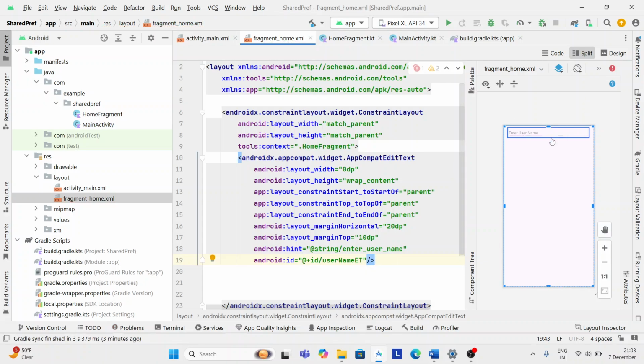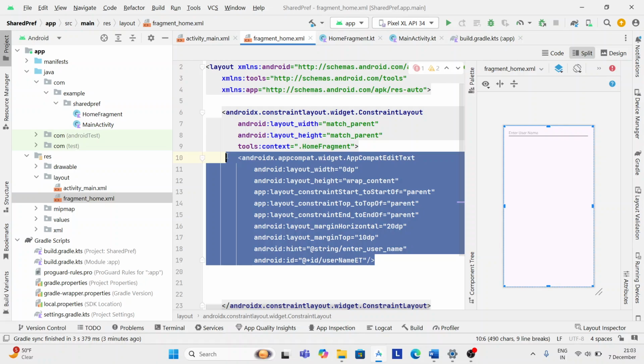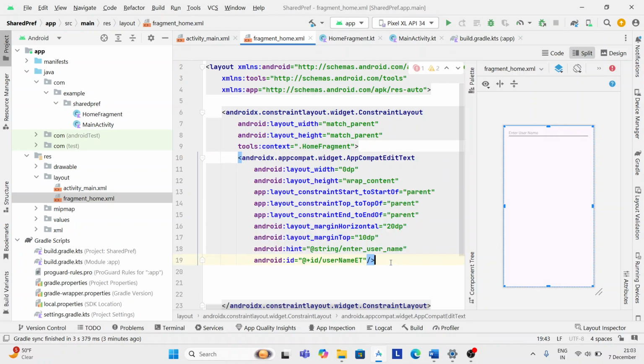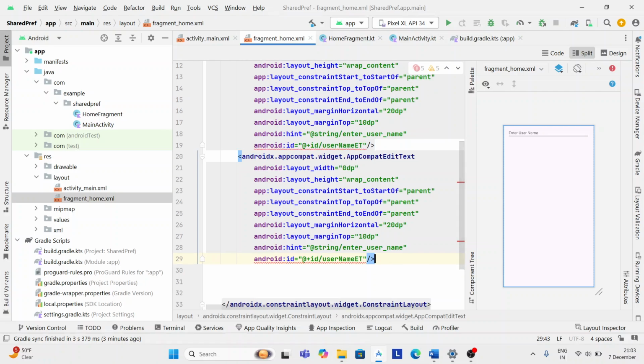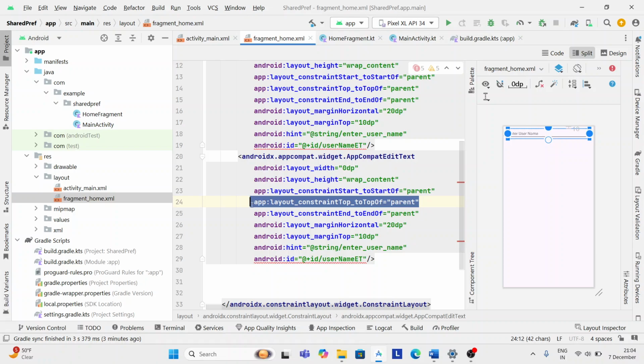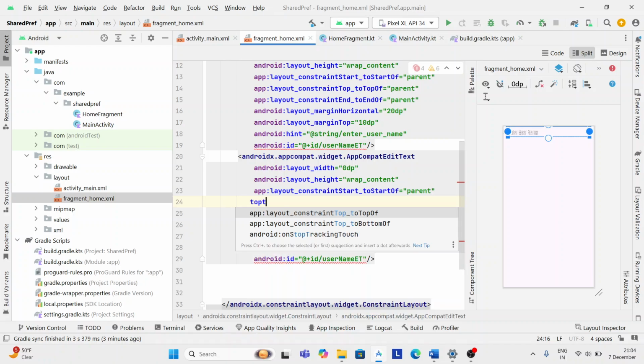Now I will take another text view below this. So I need to do the first, I will copy this and paste it below it. Okay, let's save some time. Let's copy it, Control C and paste it over here. And let's change the top to bottom of. I will change this start to start of parent, and top to bottom of, so it will move from the top to bottom of